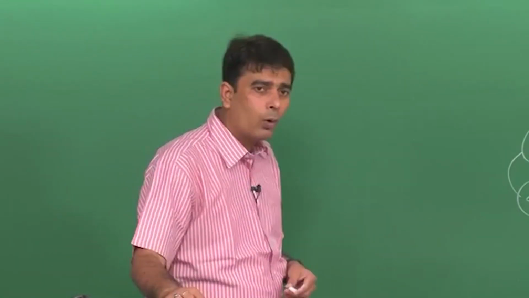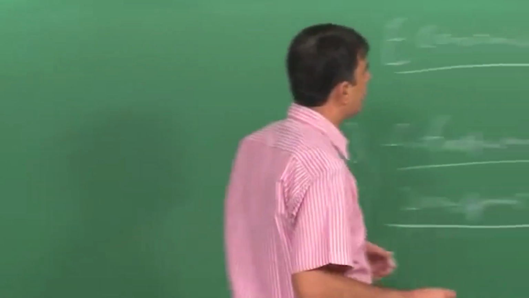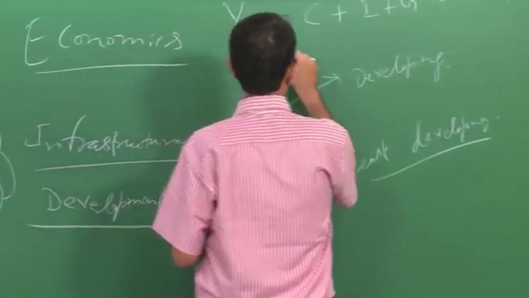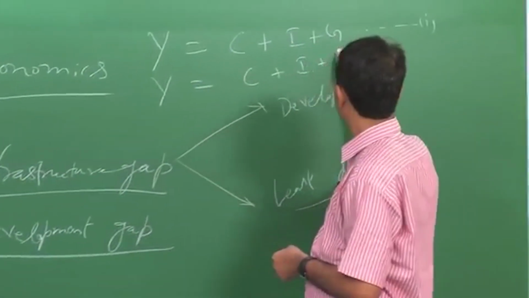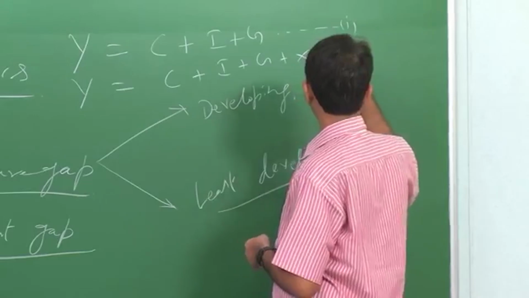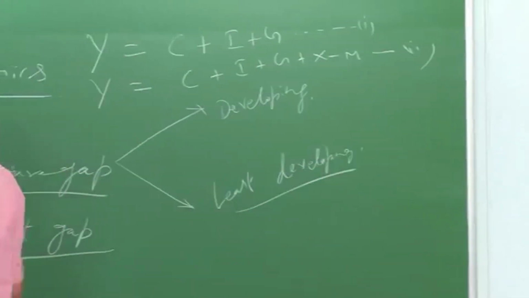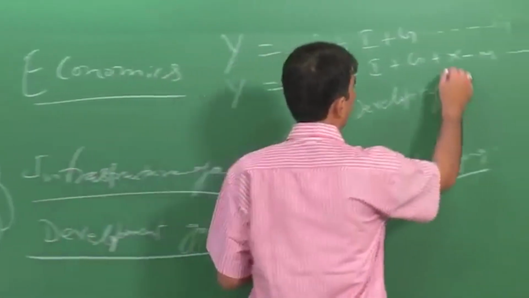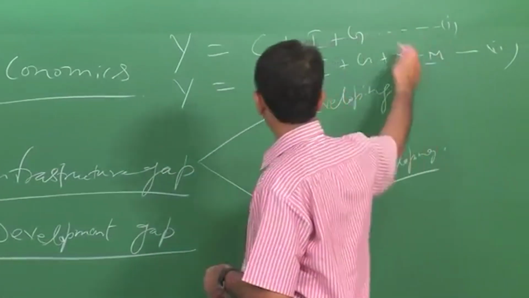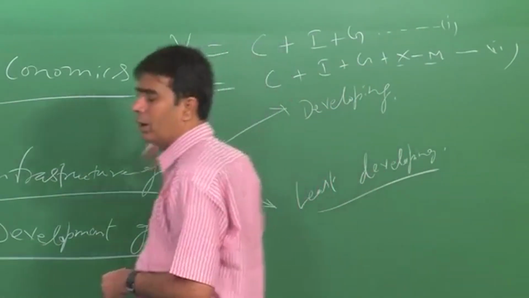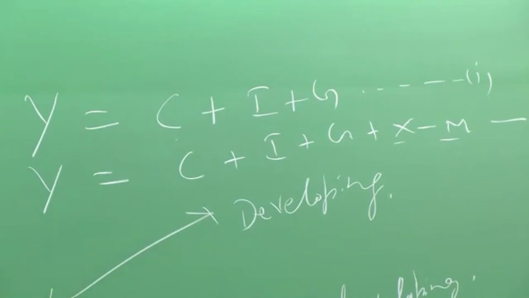When we say open economic model, the equation will be completely different: C plus I plus G plus export minus import. So when export and imports are applicable in the total output of the economy, or the GDP,